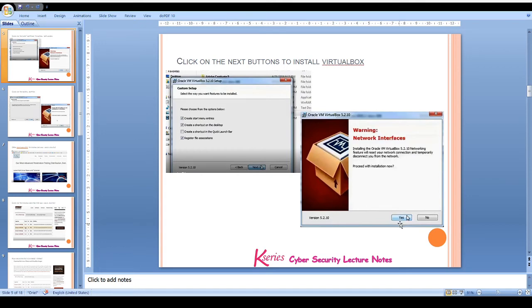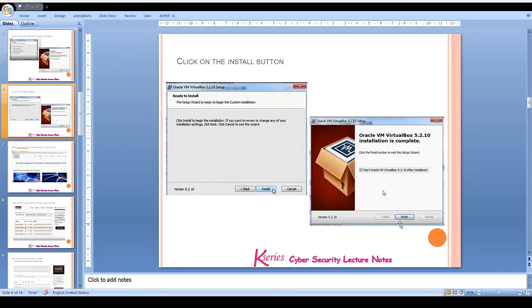Next again, press yes for the warning about network interfaces. Click on the install button, and here you are. Your virtual machine will be created onto your Windows platform. Just press finish.